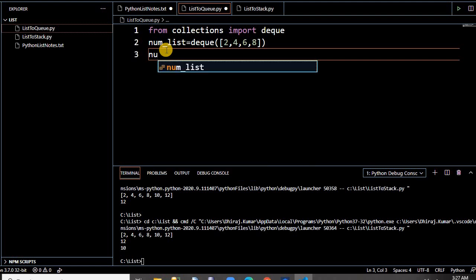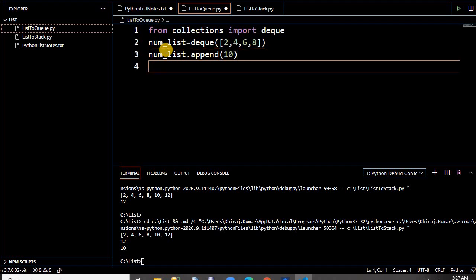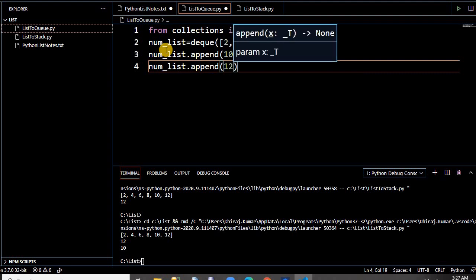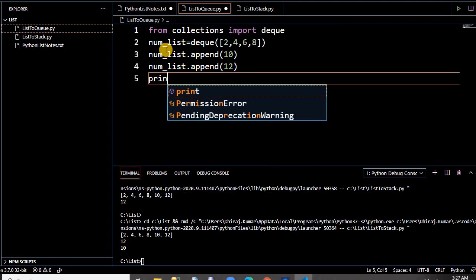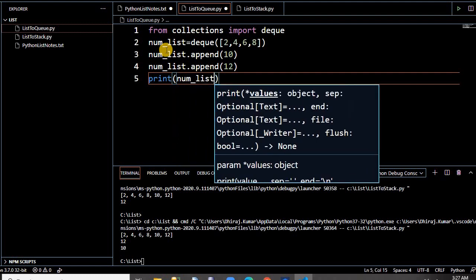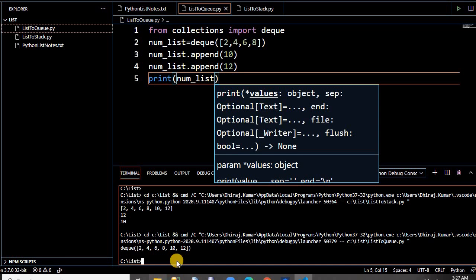Let's append 10, and then append 12. Okay, let's print the num list. We run this. See here, it's printing the deque 2, 4, 6, 8, 10, 12.